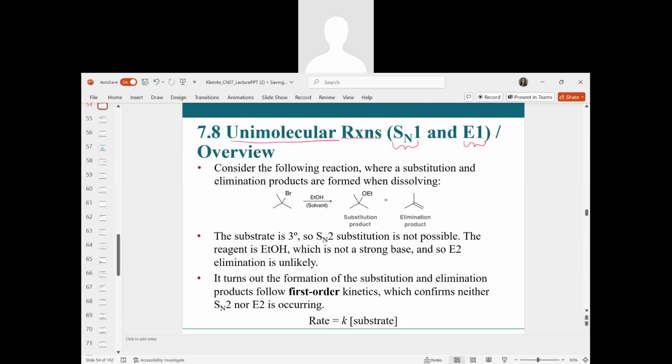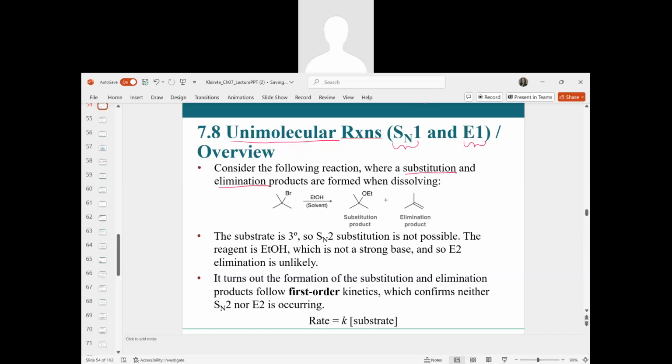They group these together in this section because they both have a common first step, which we'll see is generation of a carbocation. So we're asked to consider this reaction below, where we have both a substitution and elimination